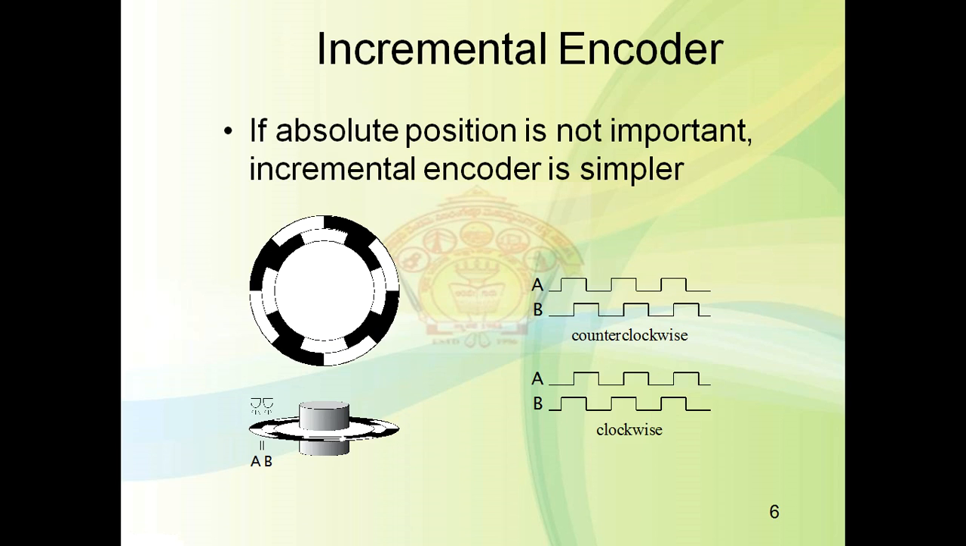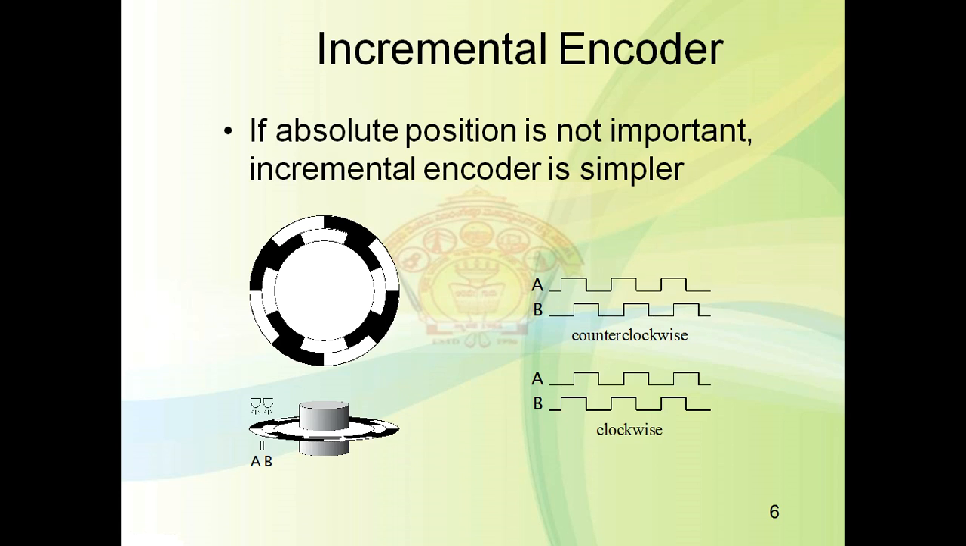You will get the diagram of the incremental encoder. Where absolute position is not important, an incremental encoder is simpler. An incremental encoder can also be used for rotational position input in applications other than user interfaces, where absolute position is not required. It can also be used as a rotational field. Now you can see here